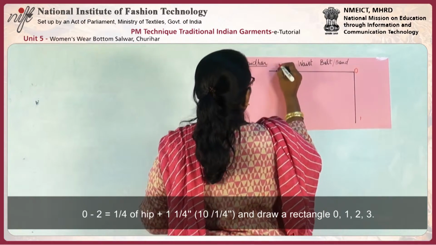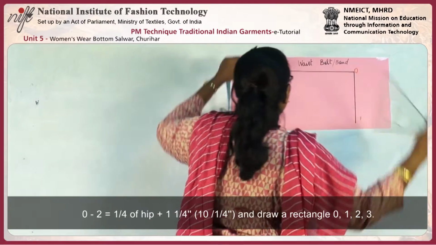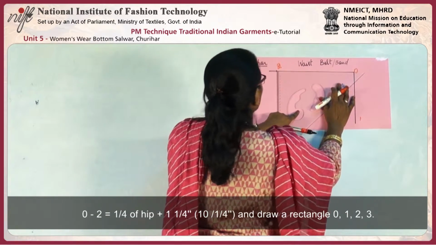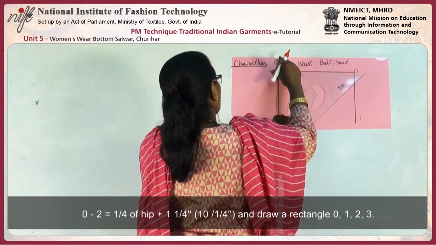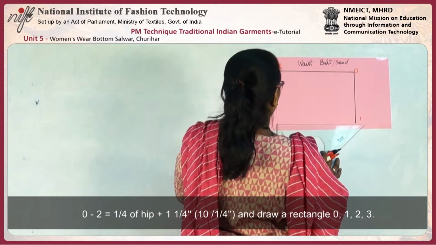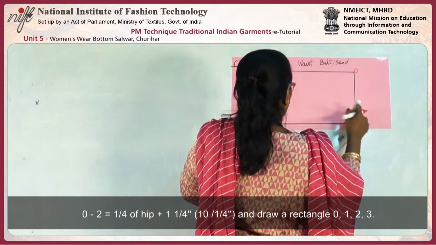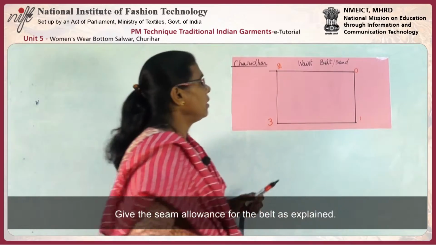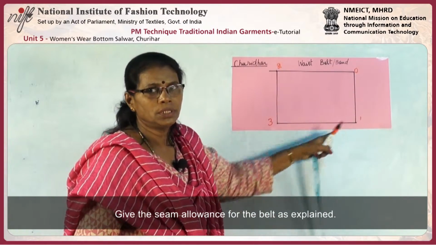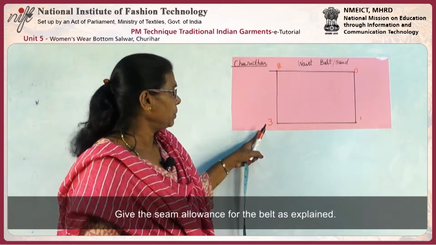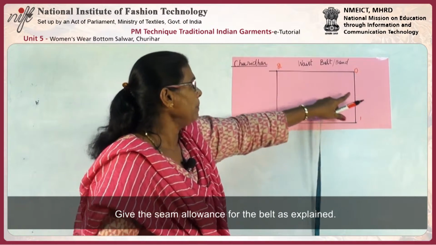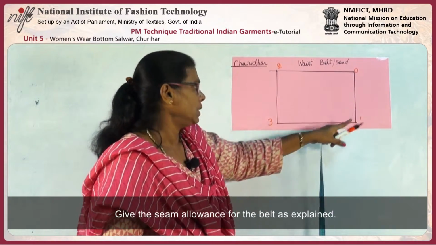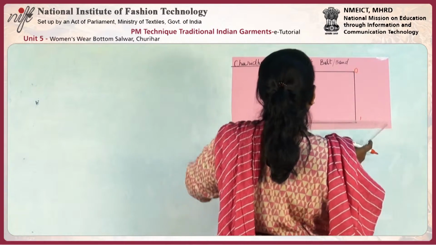Mark 2 and draw a rectangle. Mark 3, and we should allow the seam allowance for the belt piece. Top side has hem, and at the side on fold, and at the center with the seam allowance. The bottom seam allowance